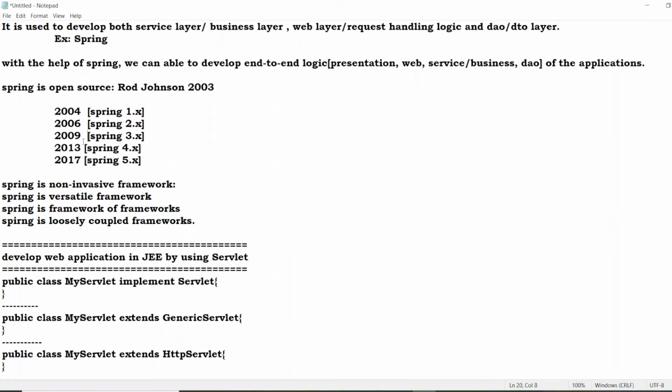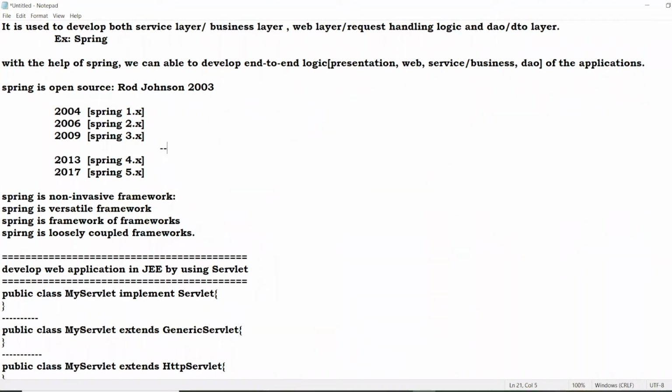While developing the 4th version, people analyzed, meaning Spring framework developers analyzed the limitations of Spring. That's why the Spring framework developers started the development process of Spring Boot.